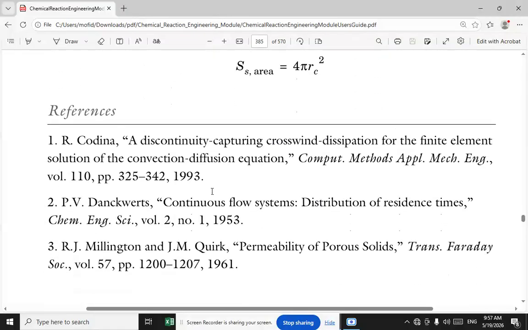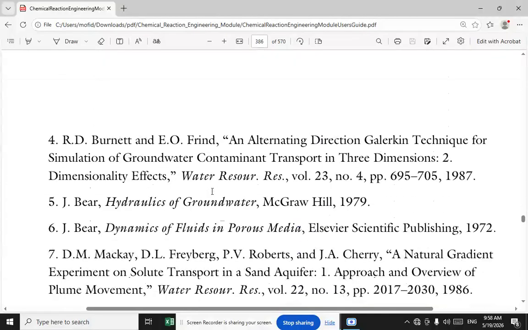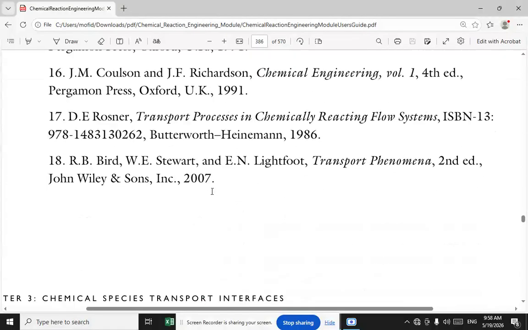For the articles and literature that I read, the sources and references include the one by Codina, named A discontinuity capturing crosswind dissipation for the finite element solution of the convection diffusion equation. Another one was written by Danckwerts, named Continuous flow systems: distribution of residence times, and another one was Millington and Quirk, named Permeability of porous solids. So thank you so much, and so on. It's about